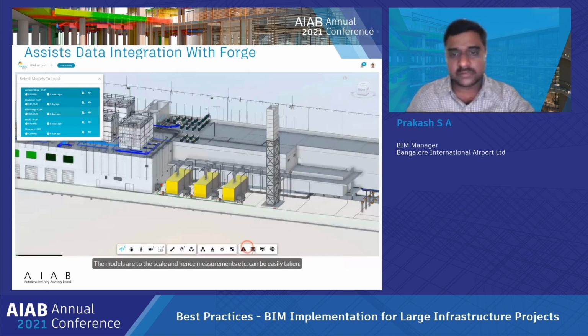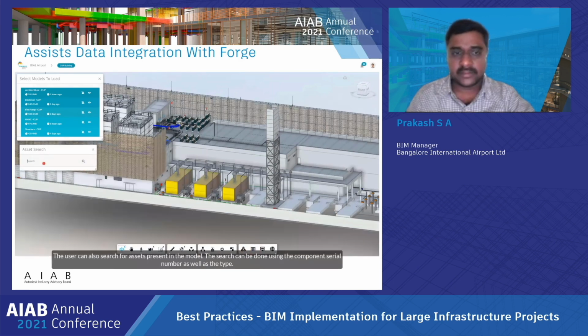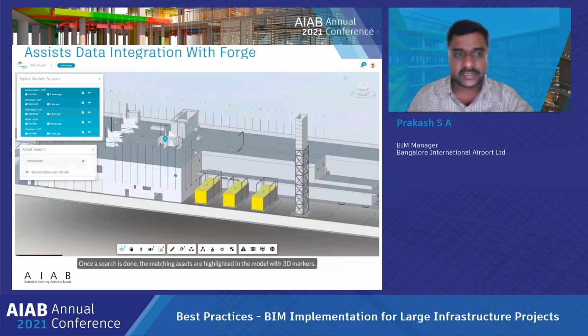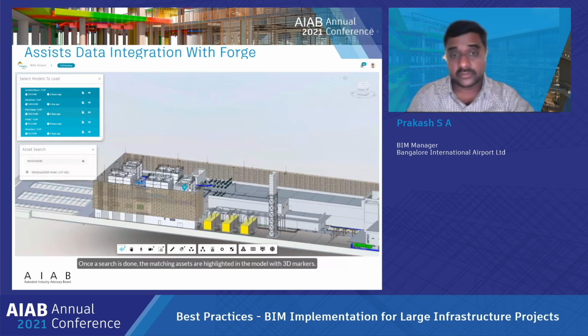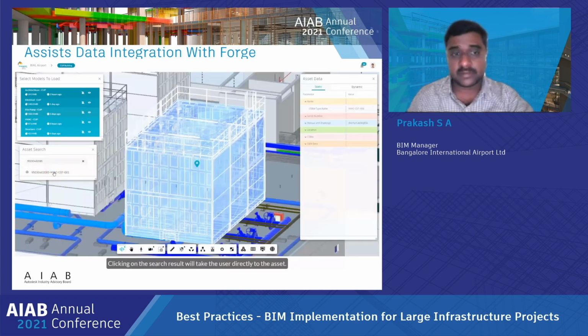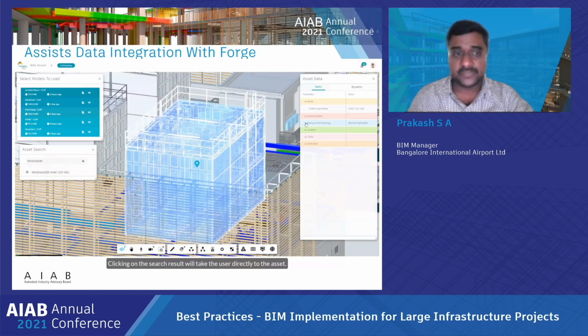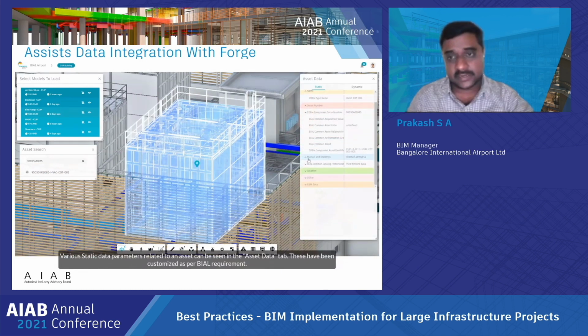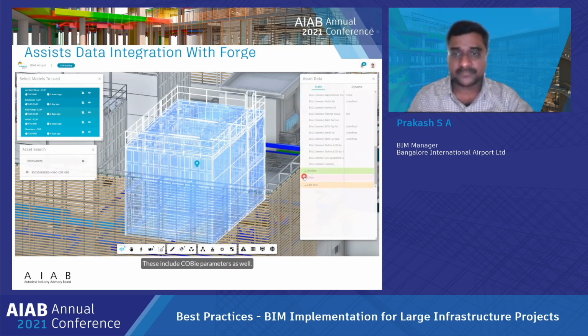So this is one of the main integrations we have done in the Forge. We take these as samples, and for the HVAC we can type it in. If you know the serial number, we can type the serial number, and it's going to highlight in the search engine, and once we select the serial number or the discipline, it's going to highlight the particular model.